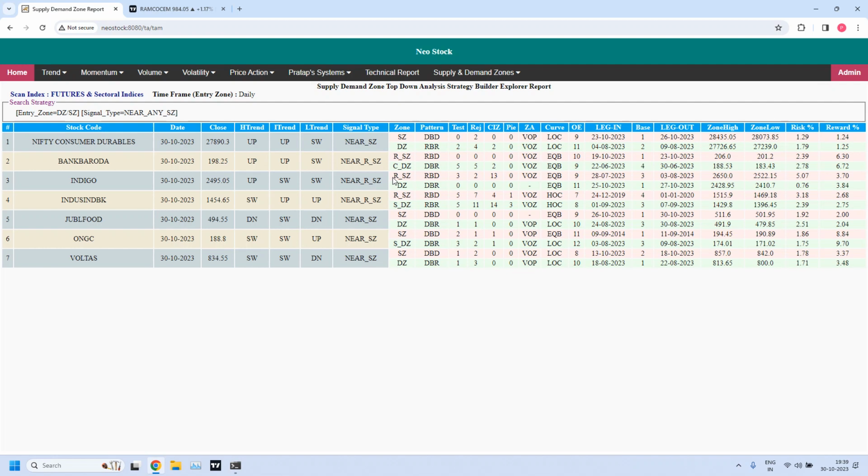Indigo is there. Already tested 3 times. IndusInd Bank is pierced, so we don't focus on this. Remaining all are